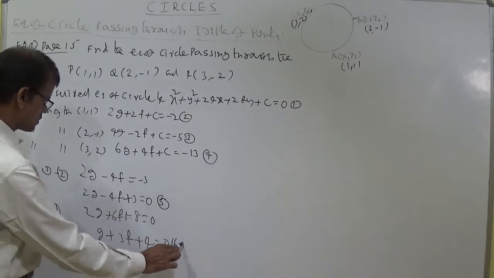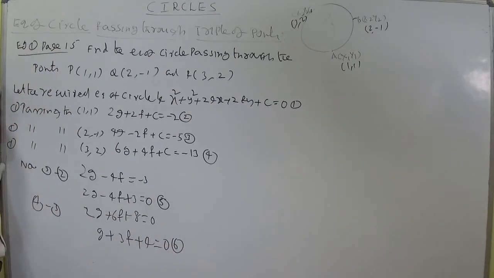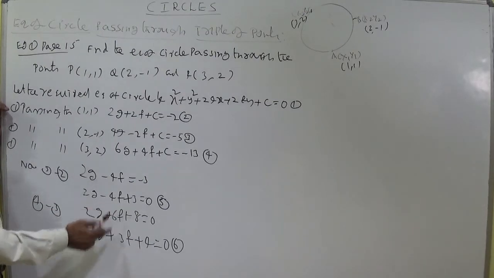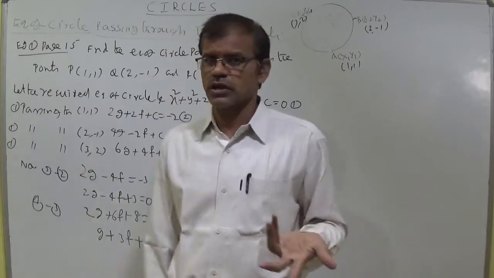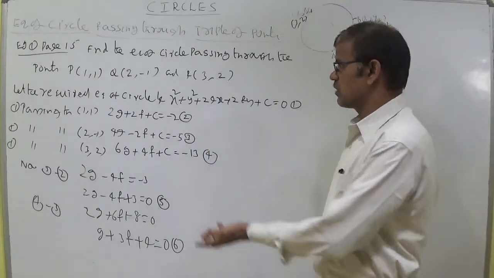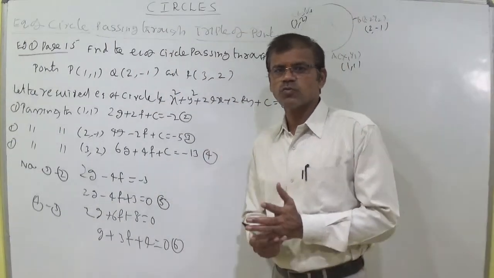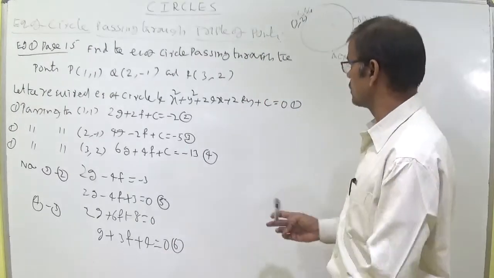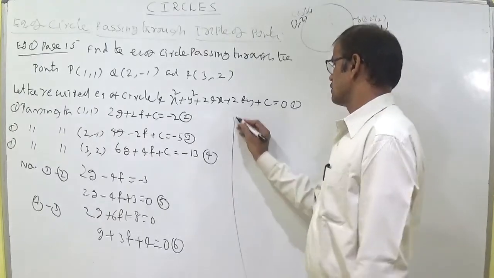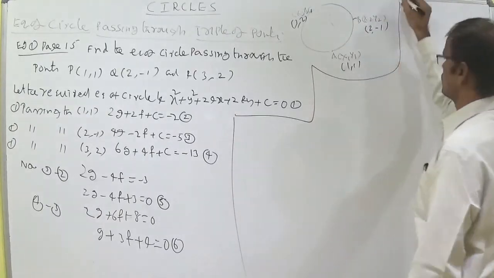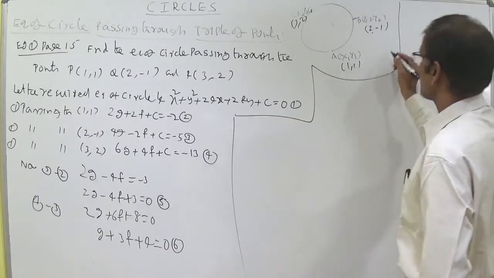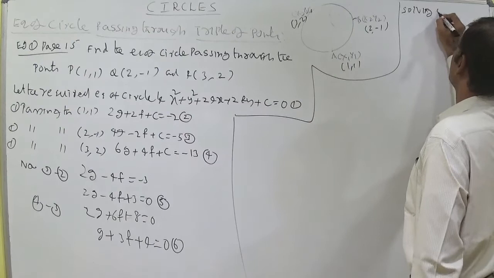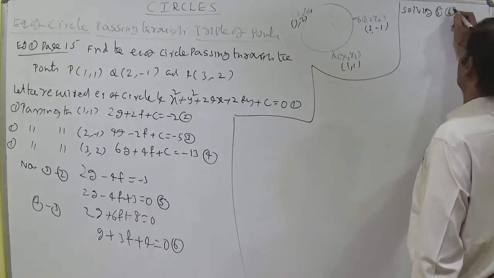This is sixth equation. Students, you may get the doubt here, sir, if you add this one or subtract this one, g will be getting cancelled automatically, you will be getting f. Yes, it's okay, absolutely, you can get. But I want to give plenty of sums as homework to you, that is whatever the original method is there, I want to discuss the original method with you. Now we can write here solving 5 and 6. We will be getting g and f values.